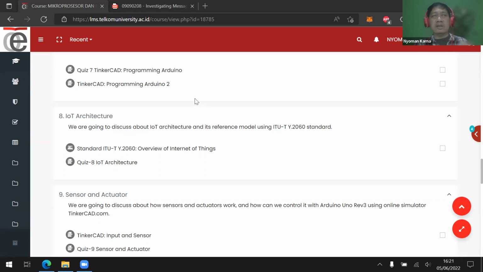That's why it's called cloud computing. So we have cloud computing, and we also have edge computing in the IoT device.